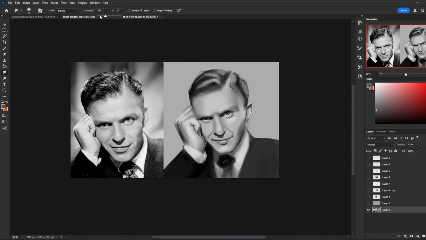A lot of you aren't sure how to even add these really complex shadows that sit on the face. So